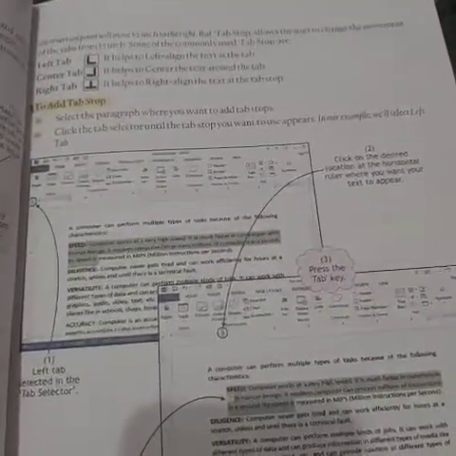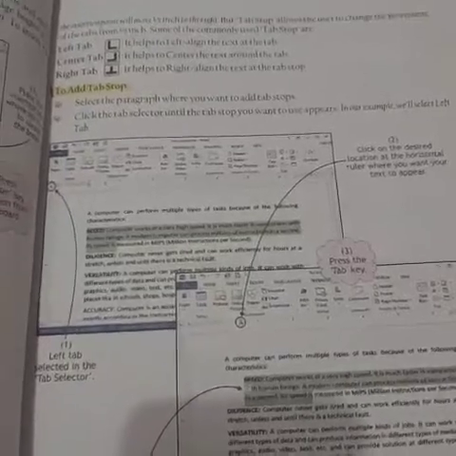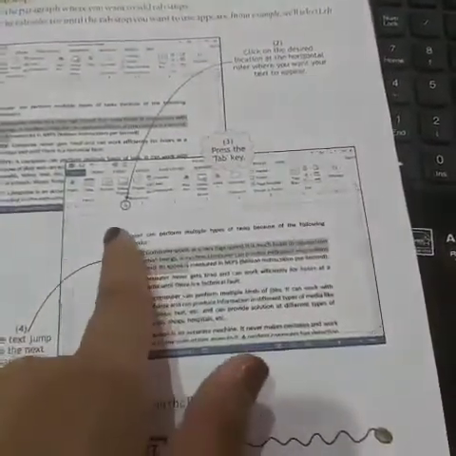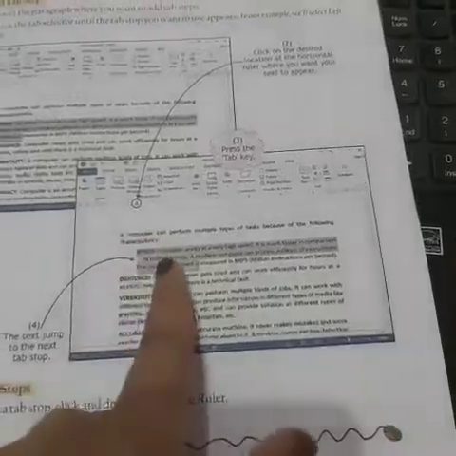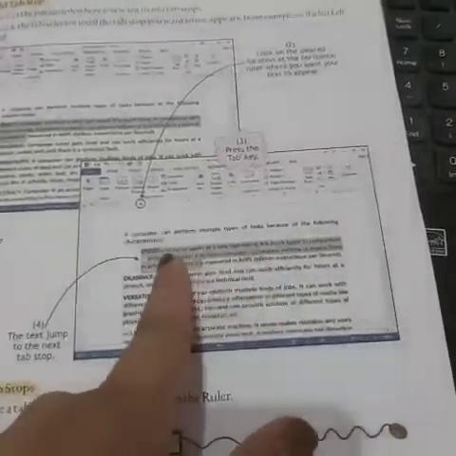Next one is your tab. So it helps you to control the placement of the text, like how it is written, where it is written, in how much inches or after how much inches the text will be written, okay. Just see over here, and then you look over here. For this one it's till here, then for this particular paragraph it's from here.